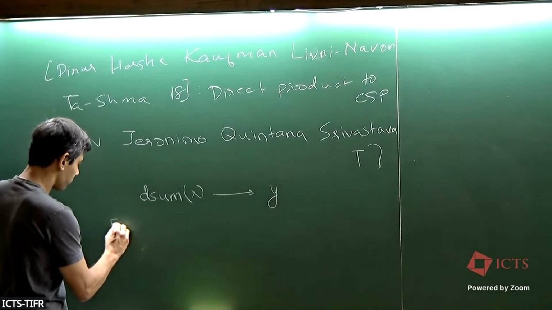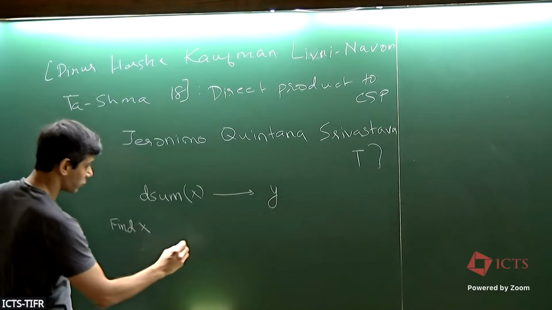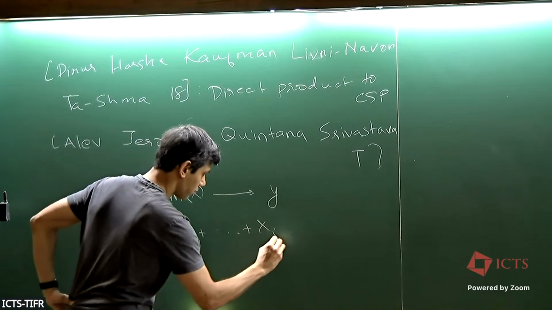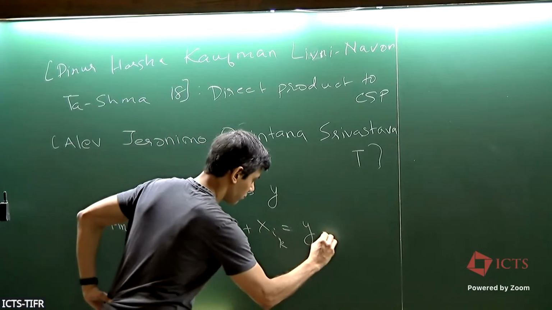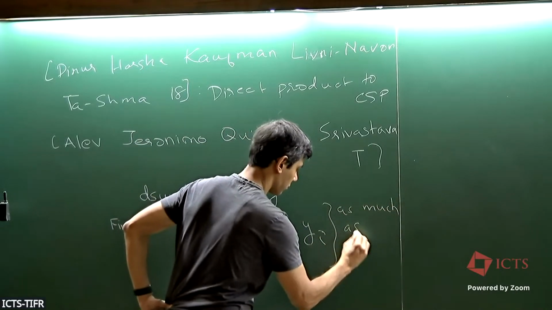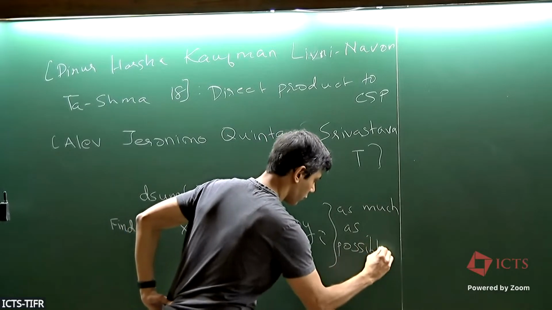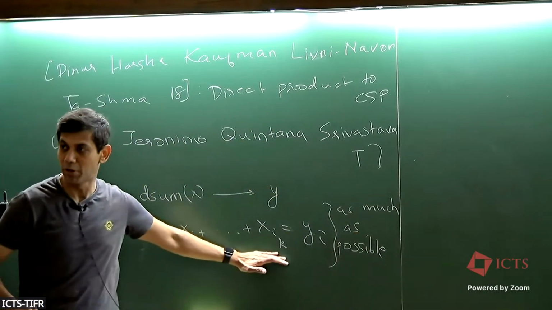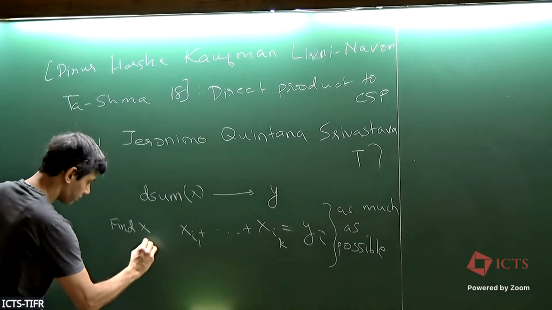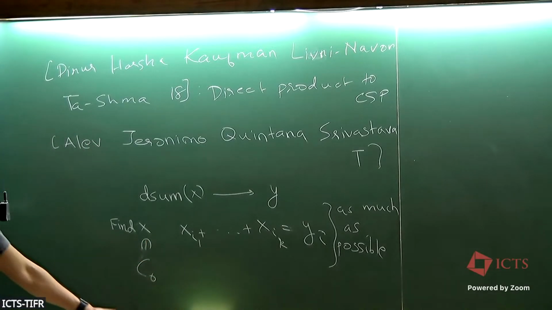Well, the goal is to find x such that... So Y is corrupted, so it might not be possible to perfectly satisfy these, but we have to find the X which satisfies most of them. Okay. There is a catch, which is you have to find X in this base code C0, not an arbitrary